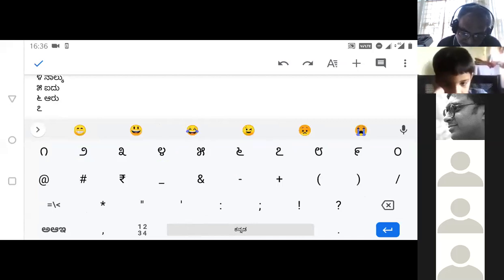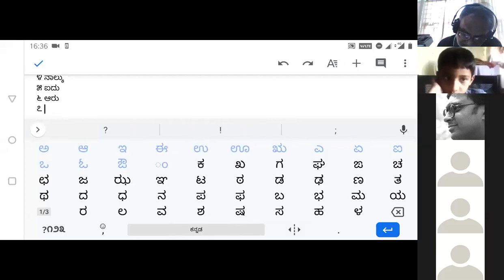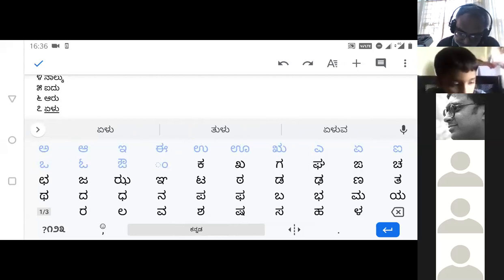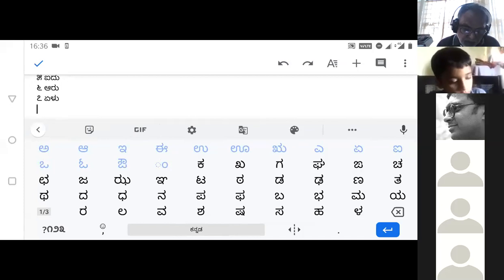Yeah, for 7. ಒಂದು ಎರಡು ಮೂರು ನಾಲ್ಕು ಐದು ಆರು ಏಳು.